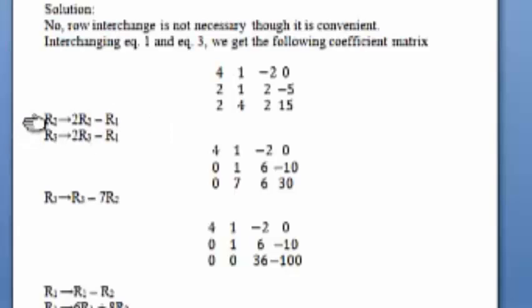Now applying some row transformations, that are these. First of all, we make a transformation in R2 and R3, and we get this coefficient matrix, and further we apply another row transformation at R3, and we get this matrix,